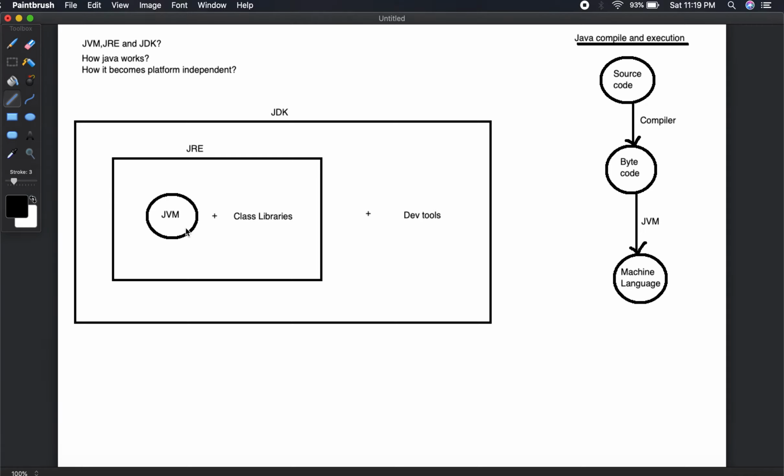Whereas if you simply have a JRE and you want to develop an application, you cannot do that, because JRE doesn't have a compiler, a debugger, Javadoc or the required tools to develop the application. This is just a runtime environment. You can execute a Java program.